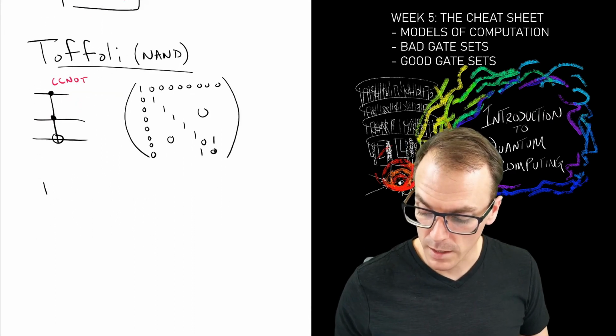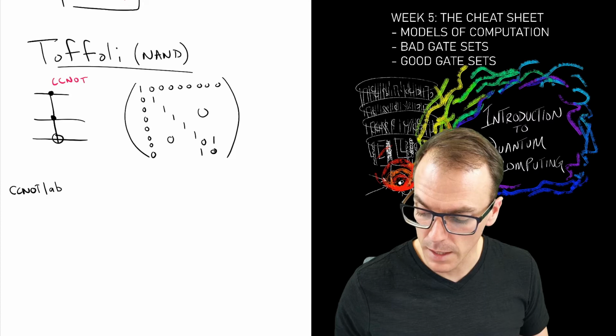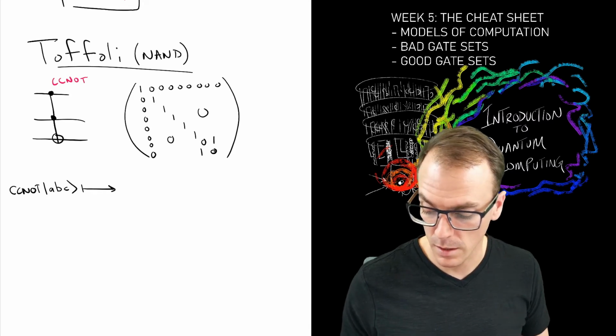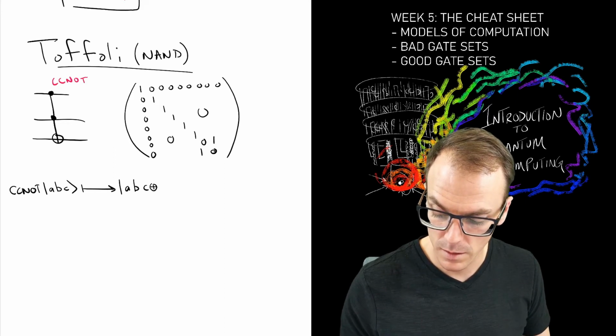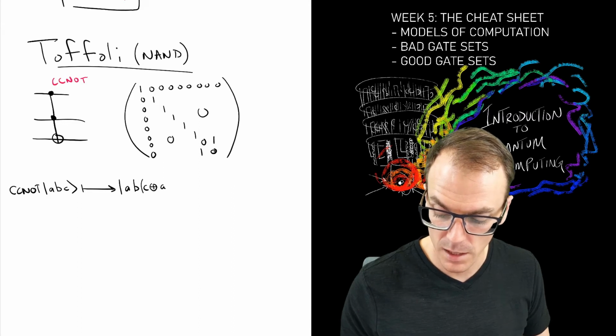What it's saying is that a CC NOT takes any basis vector and produces another basis vector. In this case, one that, so the last qubit is in the state